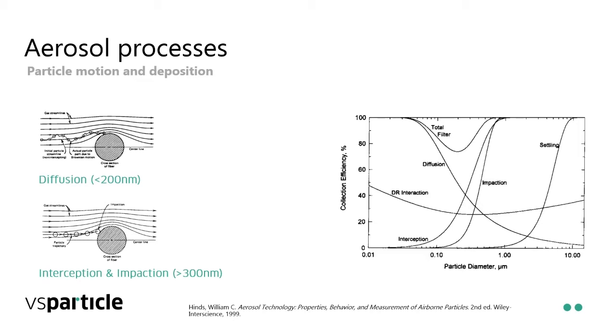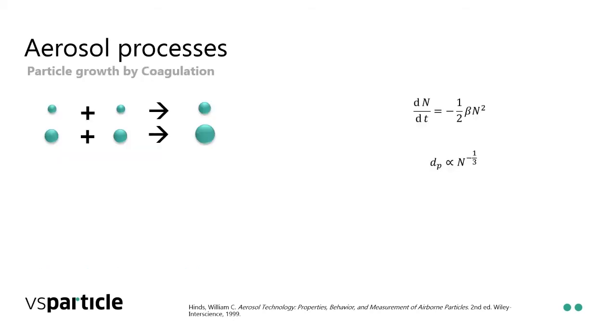The second important aerosol process I want to talk about is Smoluchowski growth, or coagulation. And this is the effect where you have particles floating around in a gas. There's nothing keeping them apart. So once they collide, there's a non-zero chance that they will stick together. And when they stick together, they form a bigger particle. And in this case, I'm showing some droplets here. So you have two small droplets combining together to form a bigger droplet. And of course, those bigger droplets can then continue growing until they form an even bigger droplet. What's interesting is that